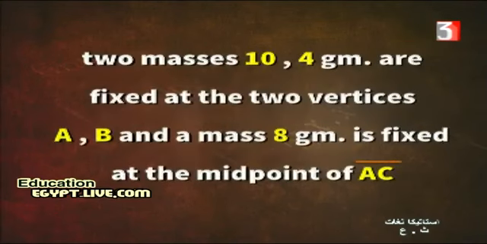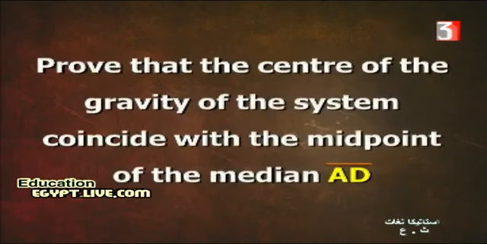Two masses, 10 and 4 grams, are fixed at two vertices A and B, and a mass of 8 grams is fixed at the midpoint of AC. Prove that the center of gravity of the system coincides with the midpoint of median AD. This example